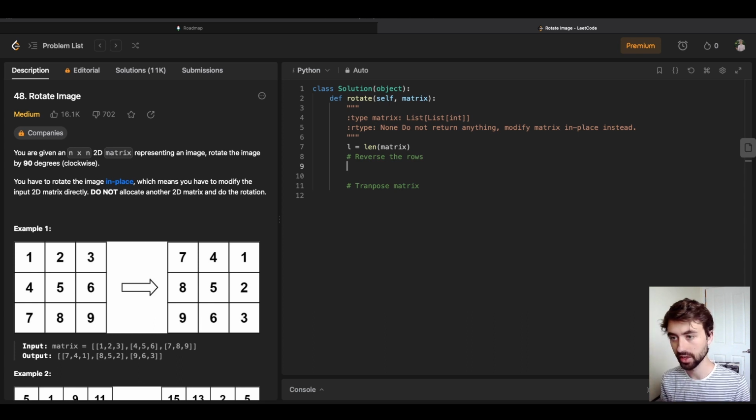And then we'll say for row in range L, like that. We need to flip all of the rows like I showed on the whiteboard. Meaning for this example here, we would need to flip the first row and the last row, but not the